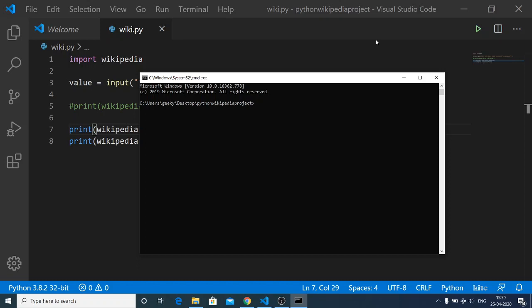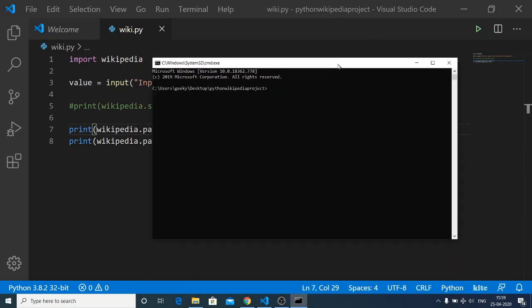Hello friends, today in this tutorial I will be building a Python web application that scrapes the Wikipedia API. From the Wikipedia API you can get any sort of information, but we will be building it inside Python. So let me just run this file for you, which is python wiki.py. So basically it will run this application.